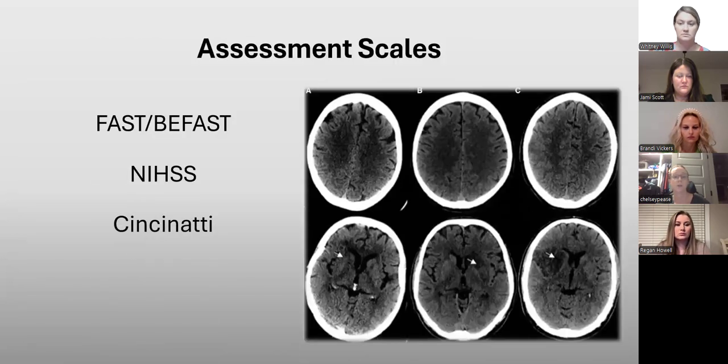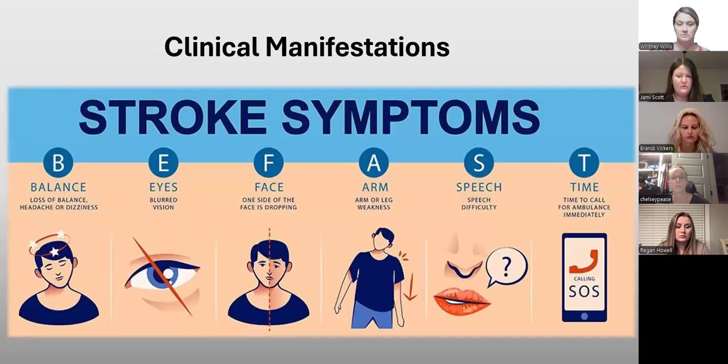Next, we move into our assessment scales. We use three different ones, NIHSS and the Cincinnati, which we'll discuss on a later slide. One that you can do by yourself at home is the FAST or BEFAST scale. Here we're going to show you an example of the BEFAST scale. It is simply as it is,